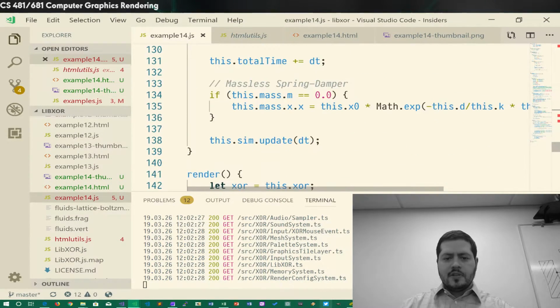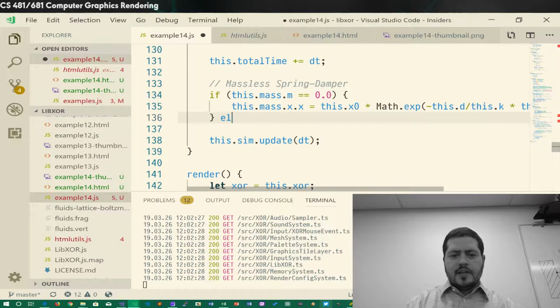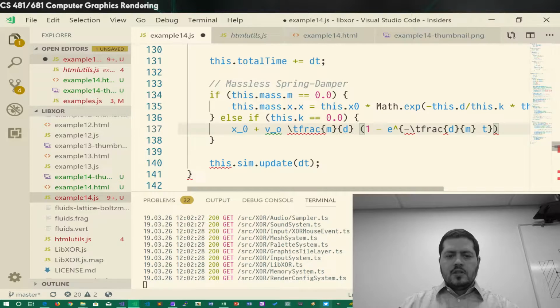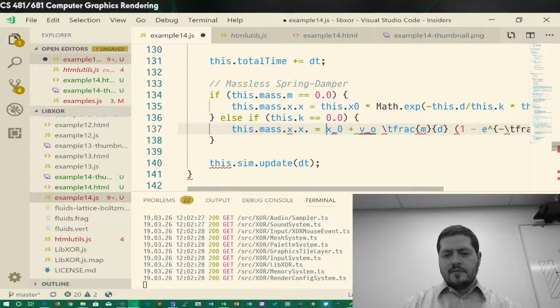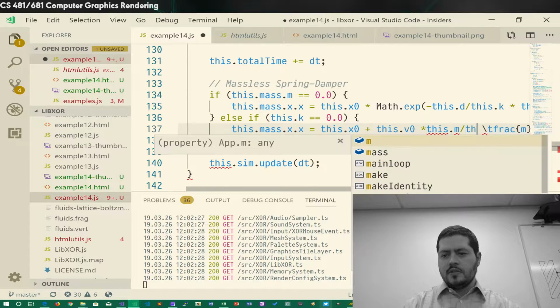Okay, so in our update function, else if this dot k equals 0, then this dot mass dot x equals this dot x0 plus this dot v0 times this dot m over this dot d